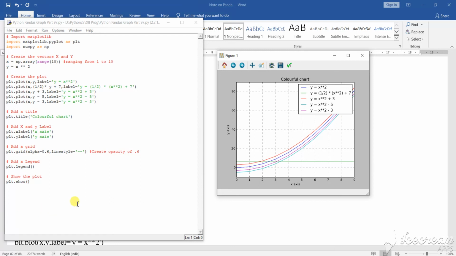Now I have given the name as a colorful chart. What is the colorful chart? It is plotting the x label as the x axis and the y label as the y axis. I have given the grid, with alpha 0.6 as I have discussed earlier. And line style is what? Dash dash, that means this type of dotted line style. Opacity is up to 0.6. Now legend, you know, this is known as a legend, and as plt